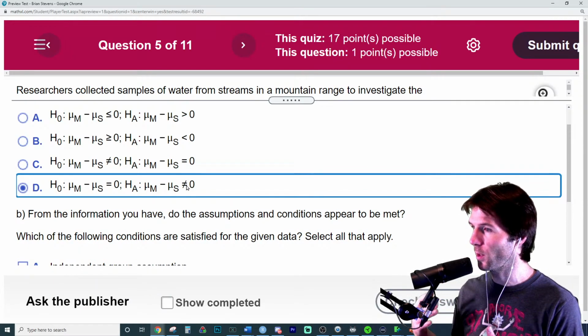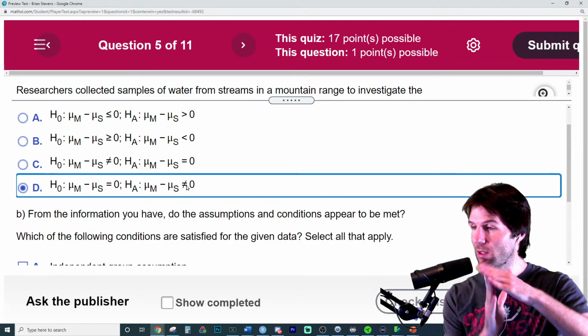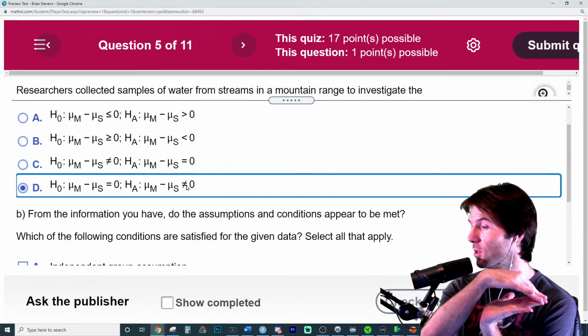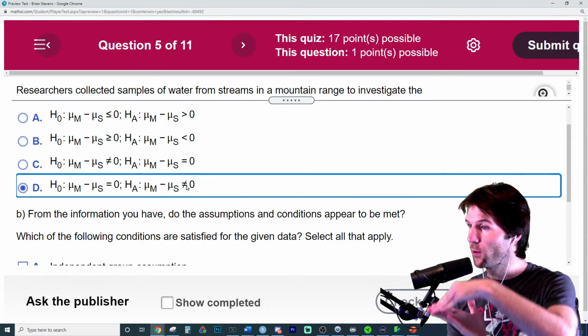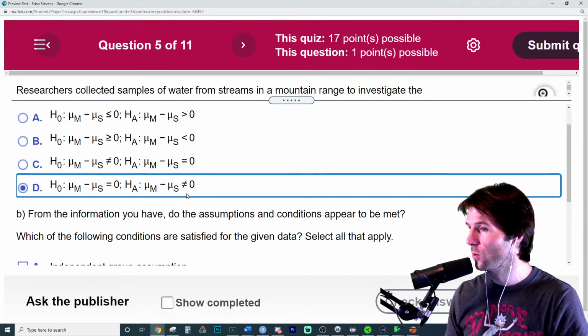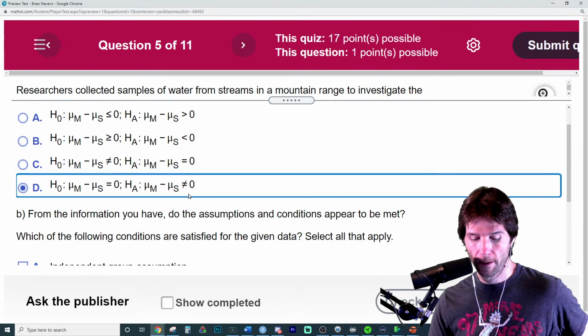We saw this earlier in an example I was doing just a moment ago, where I shaded the right side because I was doing a greater than test. I'm reversed image right now. So you would shade to the right side if you do a greater than test. You would shade to the left side if you do a less than test. But this is the 2-sided, which shades both sides because the does not equals goes both ways right there.